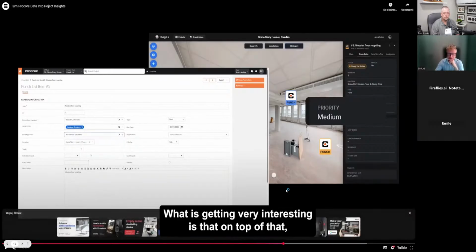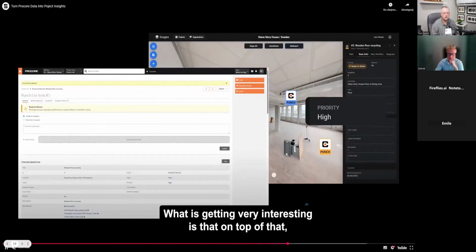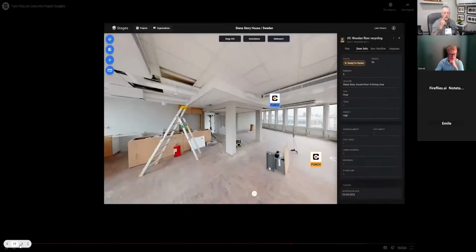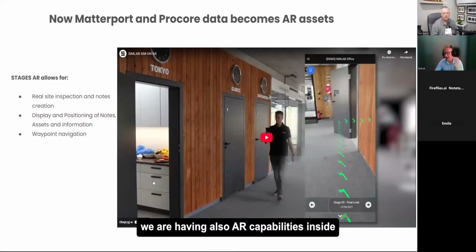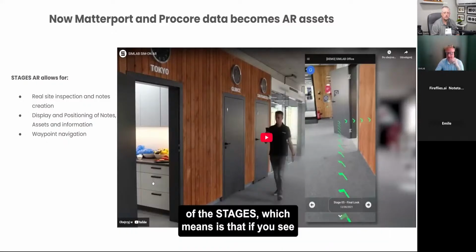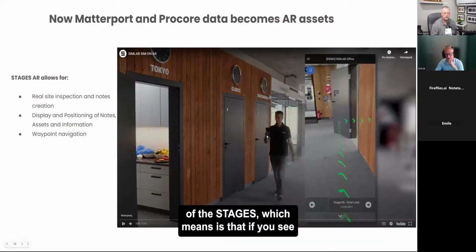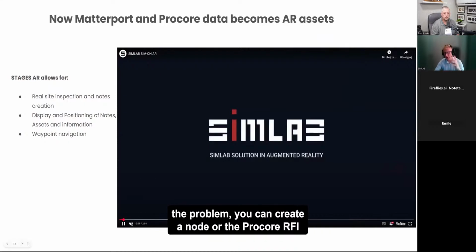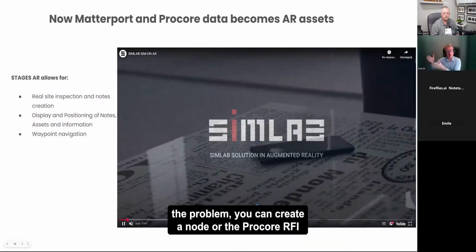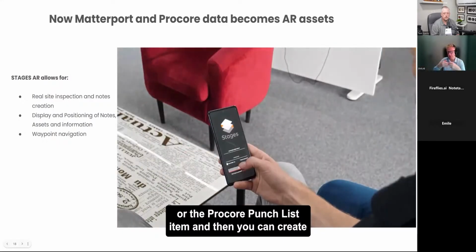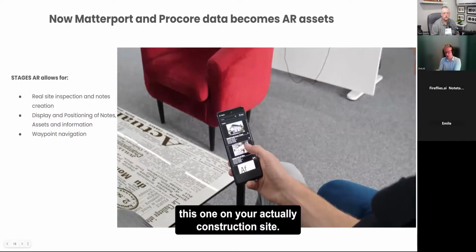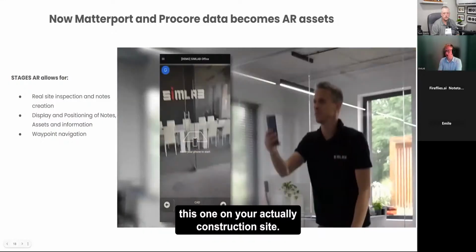What is getting very interesting is that on top of that, we also have AR capabilities inside of Stages, which means that if you see a problem, you can create a node or a Procore RFI or a Procore punch list item, and you can create this right on your actual construction site.